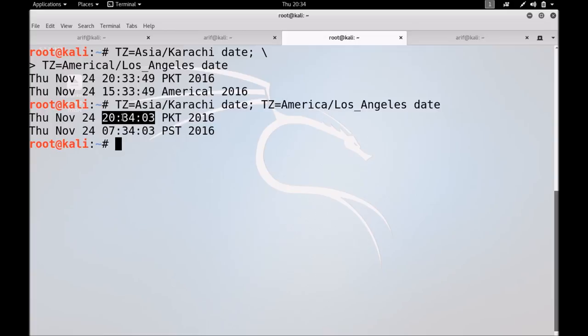Now, can anyone answer my question? Let me repeat. Two persons, one in Pakistan, one in America, created a file at the same time. What timestamps will be saved? Yes, you are right. Unix stores time as the number of seconds passed since the Unix epoch, which is the same everywhere.